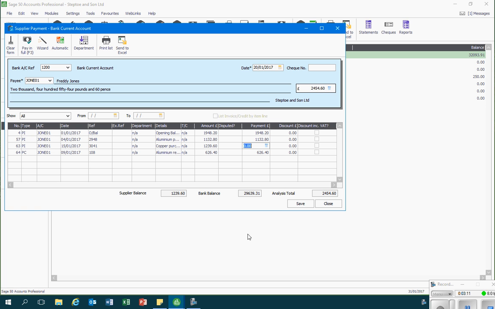Once I've done this, we can see that the total amount that's being paid agrees to the analysis of the amounts set against invoices and credit notes. If we note, the check number has disappeared, so I'll put that back in. So 100348. Now that that's been done, and we've allocated all of that payment against the appropriate invoices and credit notes,